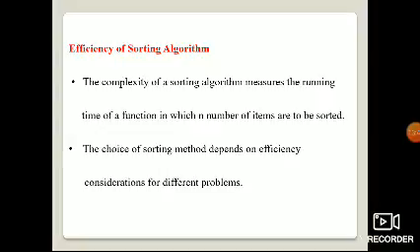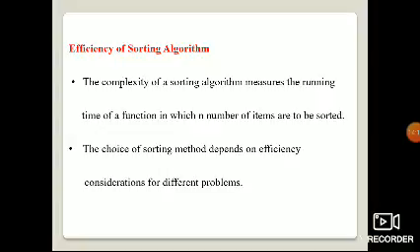The complexity of a sorting algorithm measures the running time of a function in which the number of items has to be sorted. So we measure how many items have to be sorted and how much time it takes. The choice of sorting method depends on efficiency considerations for different problems.